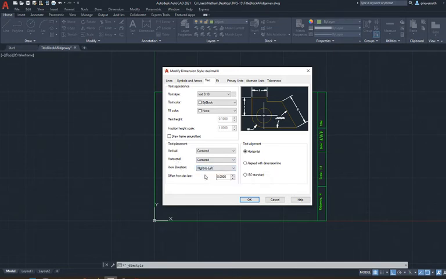So view direction, you're not going to have to necessarily mess with. It's just going to flip all your numbers upside down. So don't worry about that one. Don't worry about the offset from the dimension line either. What we want to look at mostly is the vertical placement, right? So the vertical placement, if we looked here, we have a number and then we have the line, right? So this is centered. This is telling me this line, or this number, is going to be centered in between